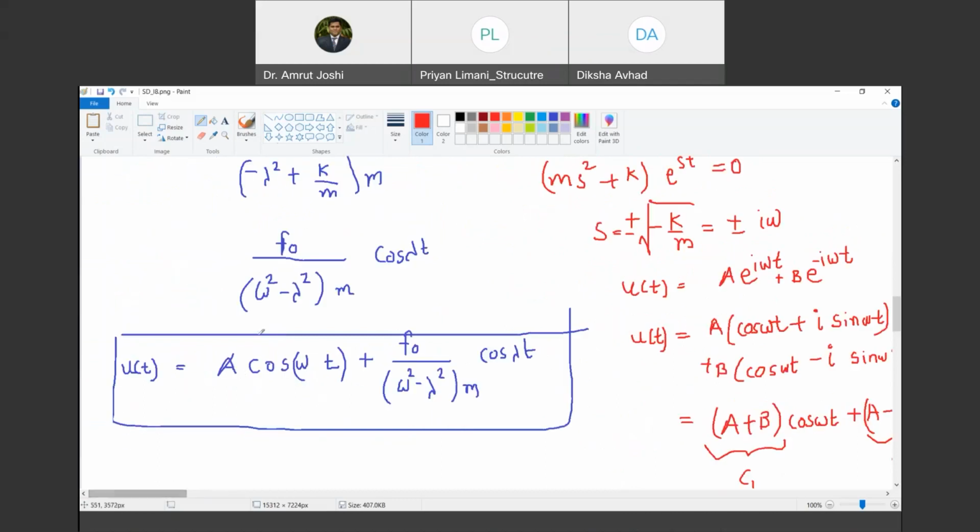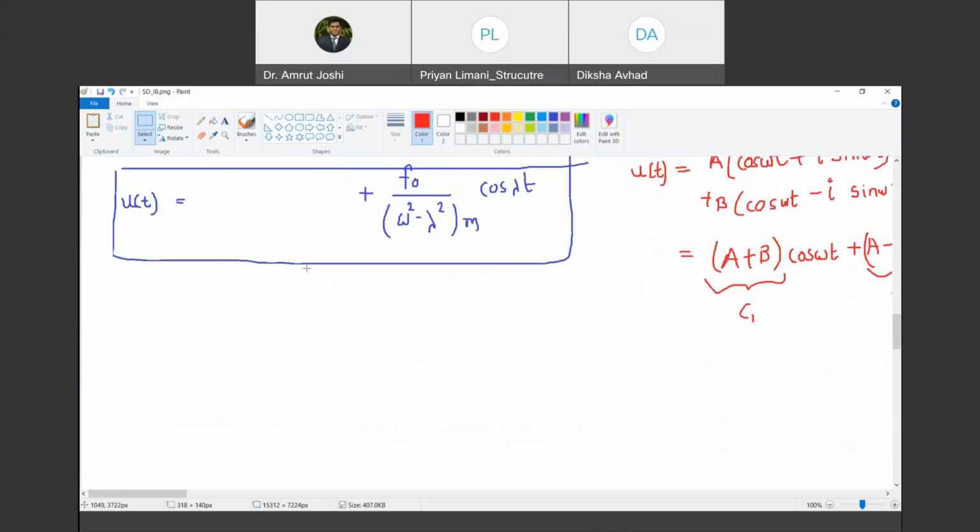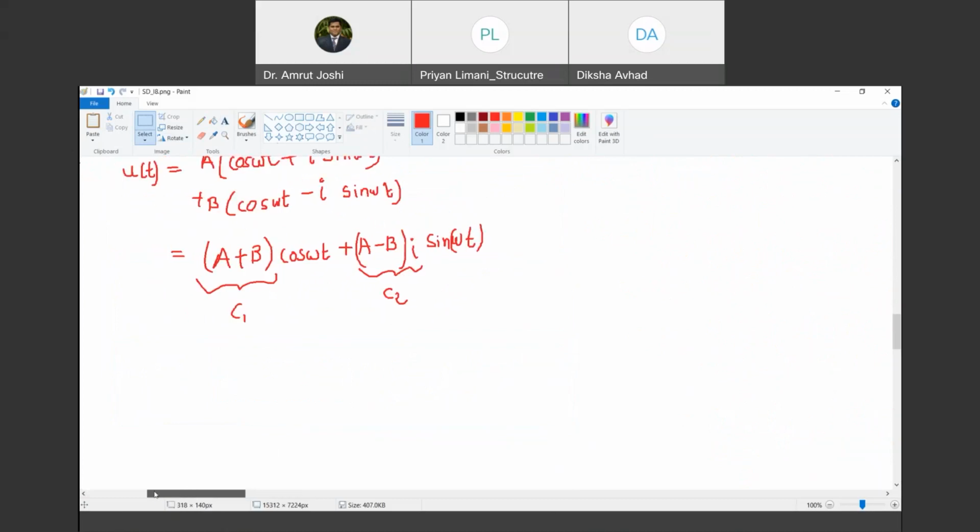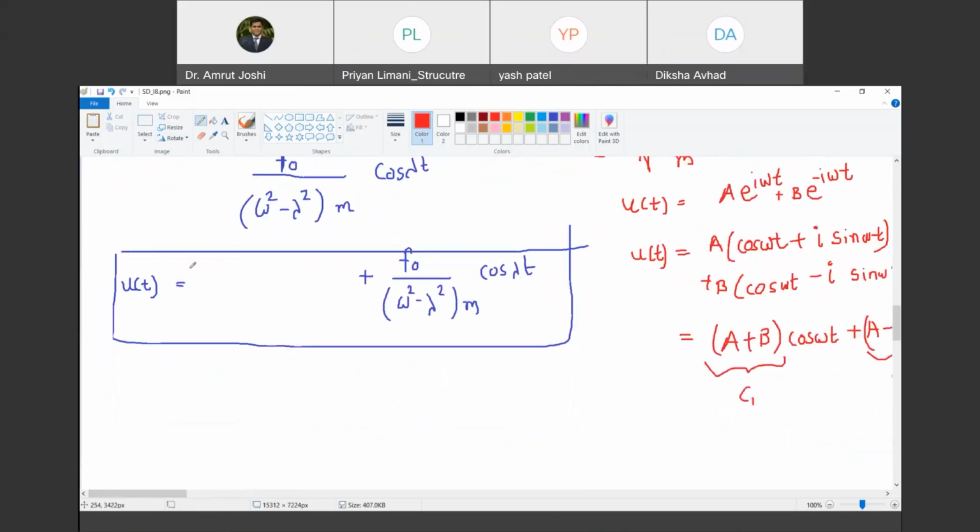Here we made a mistake: we directly gave a cos omega t because we applied boundary conditions, after which a cos omega t comes. But when it is forced vibration, you have to apply boundary conditions to the entire response, CF plus PI, not just the CF. Are you with me? So therefore, I cannot write this as a cos omega t. This needs to be replaced. It needs to be replaced by what? This C1 cos omega t plus C2 sin omega t. Are you with me? So I am going to replace this u of t by C1 cos omega t.